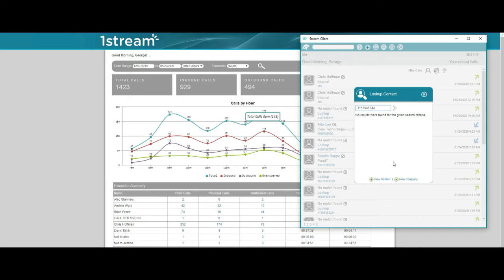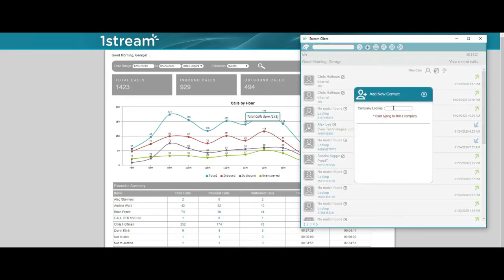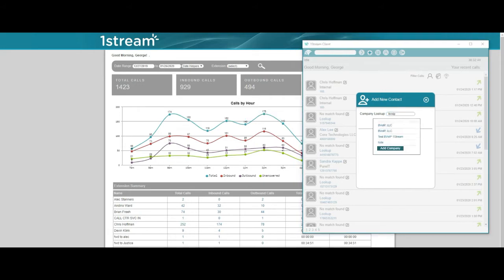Do I create a new company or contact, which you can easily do here? I can create a new company. I can go back and create a new contact underneath that company. So first I got to do a company lookup. And then, of course, once I've done my company selection, I can create my contact. It's running a bit slower than I'd like. Once you find your company, again, it's working a bit faster now. You can select it and then create your contact. Once you've created your contact, we're saving the number to that contact.